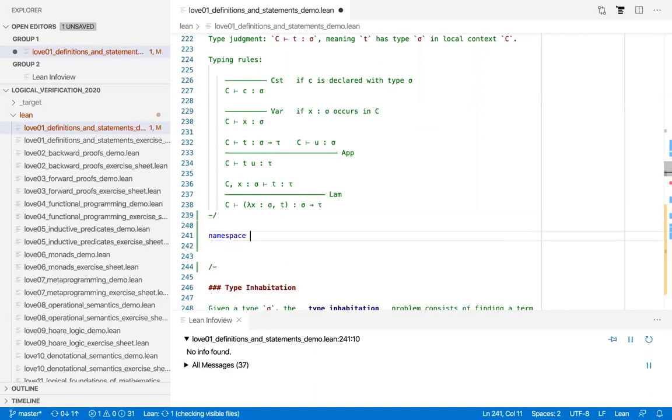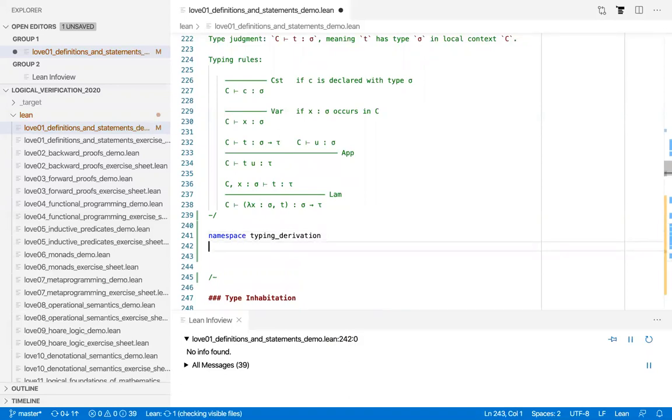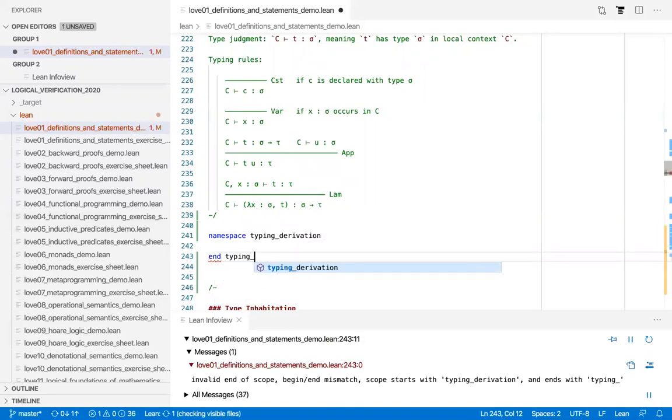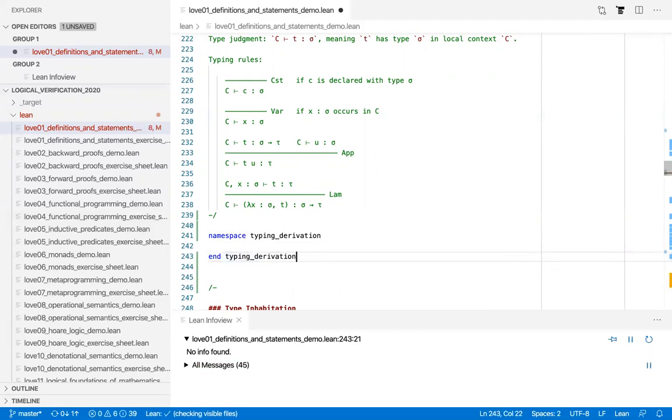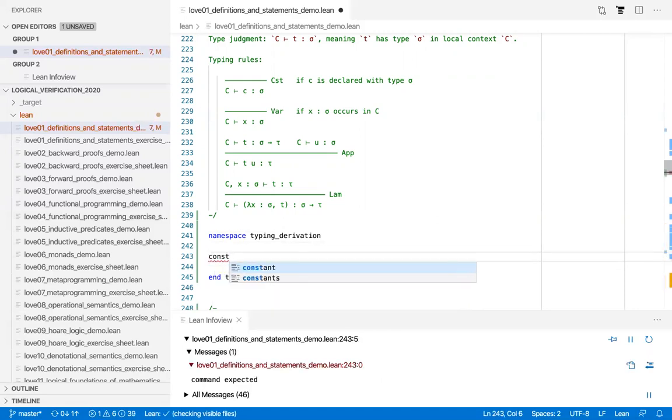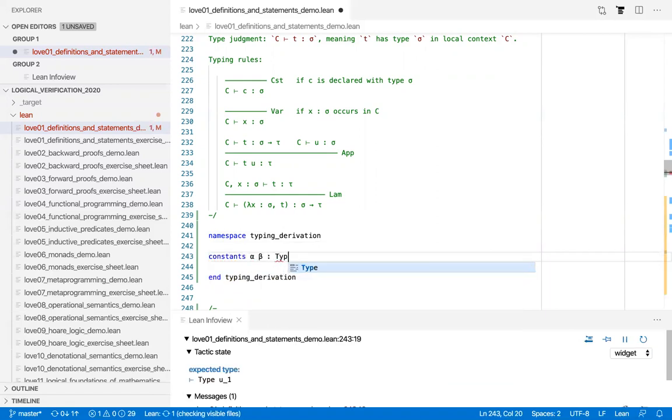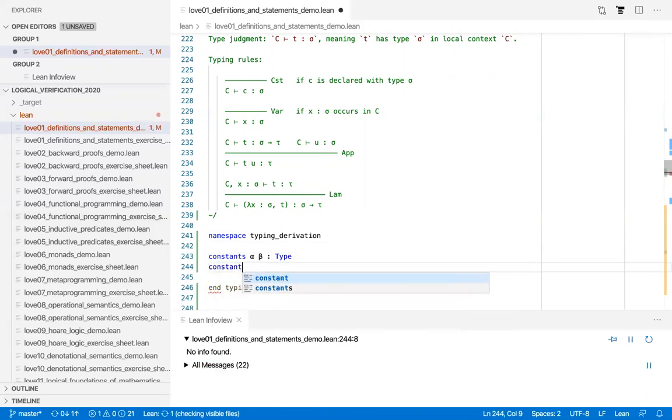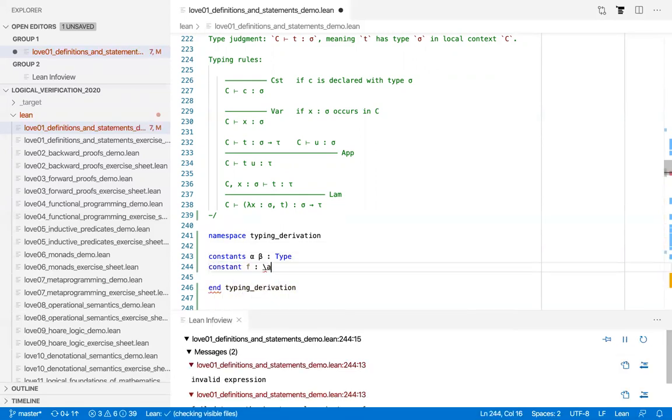I'm going to work in my own namespace to avoid problems with other things that are declared upstream. So this is called, let's see, typing derivation. Oops. Yeah, this is how type completion works. Okay, and I'll declare a few symbols. First, we need some types. I'll call them alpha, beta. Then we'll declare a function f, which is going to be of type alpha to alpha,